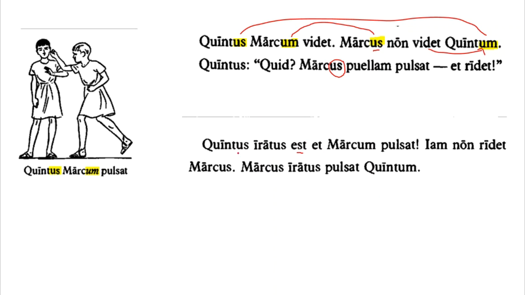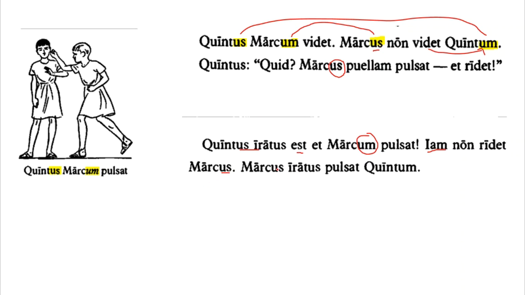You don't need to repeat the subject Quintus, it's still understood, and he's still in the nominative, so he's going to be your subject, and then you'll see that he Marcum pulsat, you can identify that as your accusative. Iam, remember iam is going to mean something like now or already, so iam non ridet Marcus. There's no direct object here, but you'll note that Marcus is going to be your subject because he's in the